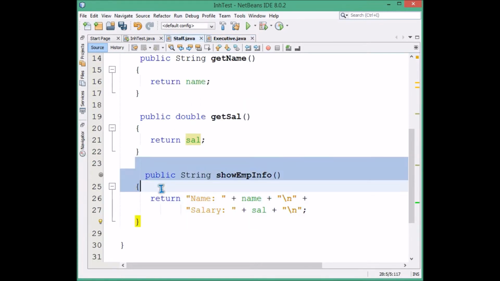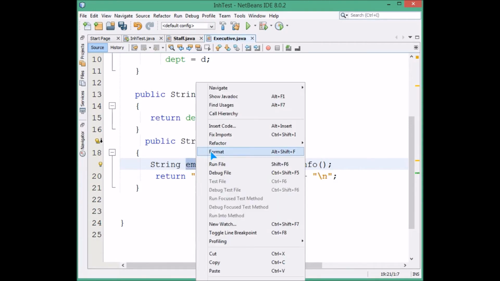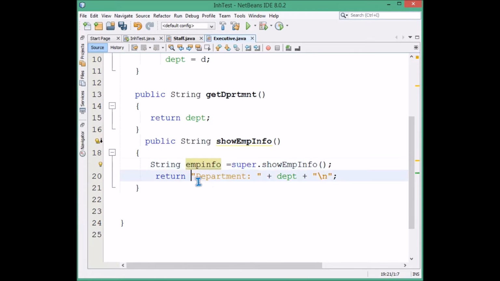So this particular code which I have highlighted will be transferred to this emp info, and we can now use this in this return. So you understood? By using super, you can override a function. You can override the function which has a similar name and is there in a base class and an inherited class or a child class.